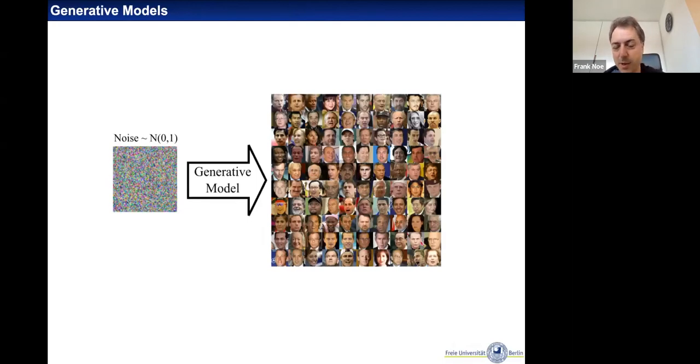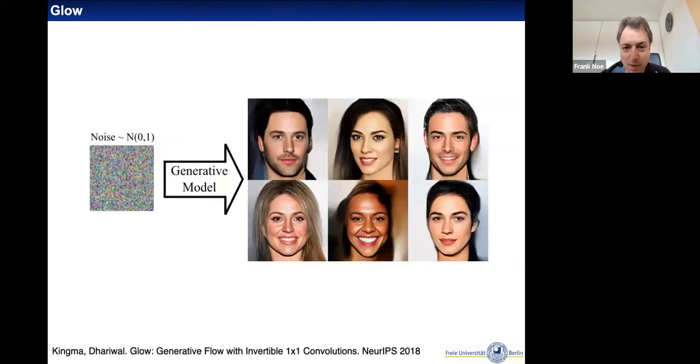And generative learning usually has the aim of learning and sampling a probability density. And in machine learning, this is usually defined by just having a database, for example, of images of VIPs or celebrities, as you see here. And then we try to train a neural network to learn what this probability density is and how to sample from it, so that we can generate new faces of fake celebrities. And that works quite well.